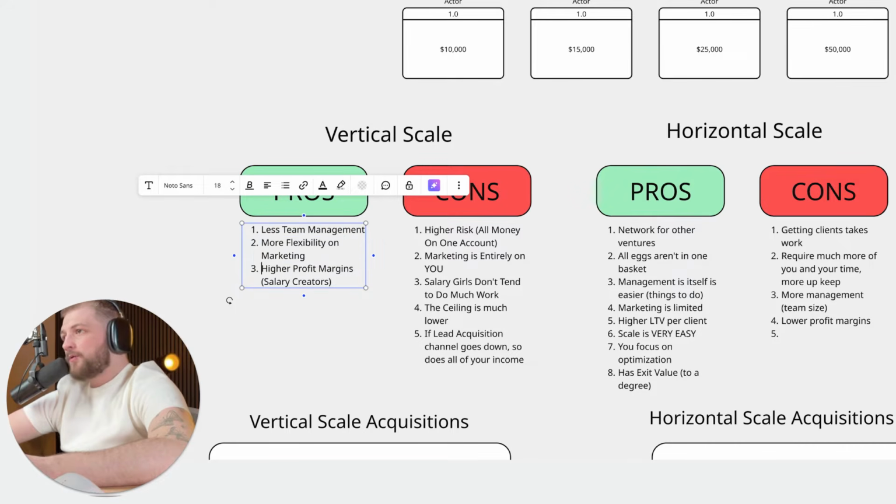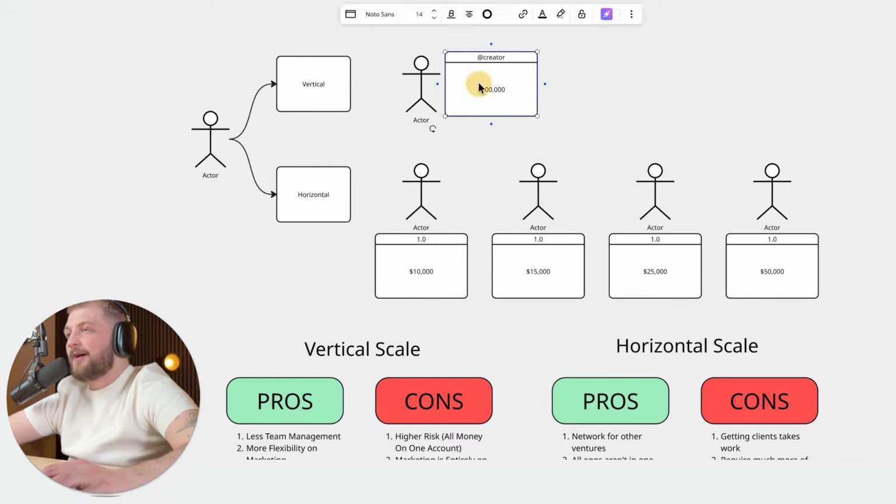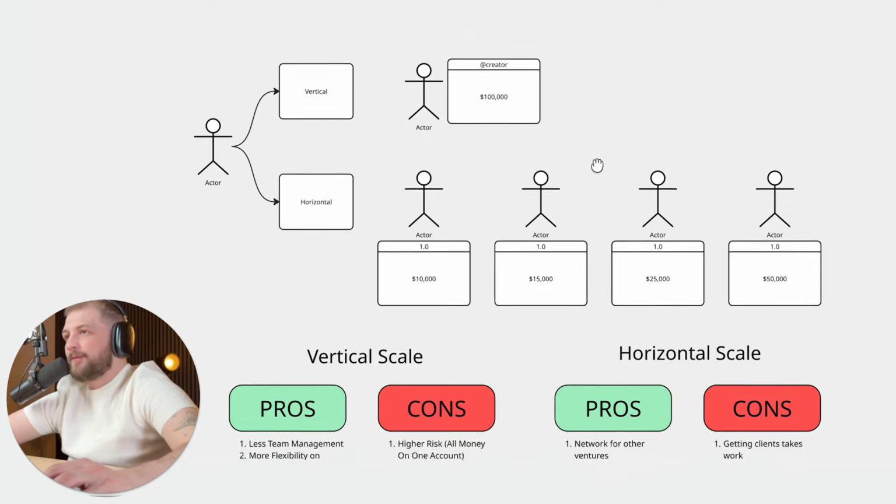Okay. Now, you also have significantly higher profit margins because you're typically going to be working with salary creators. If you don't know what a salary creator is, a salary creator is somebody that you work with who has an OF account that you pay them a fixed salary every month, regardless of how well the page does. So for an example, if this page up here is doing $100,000 a month, I could theoretically be paying this creator $2,500 every single month, depending on where she lives, upwards to $10,000 a month. I keep 90% of the profit.